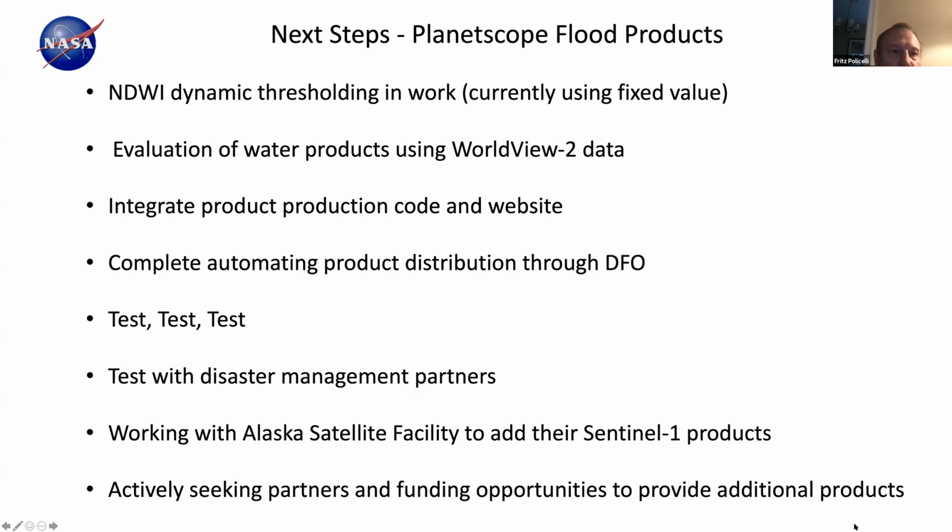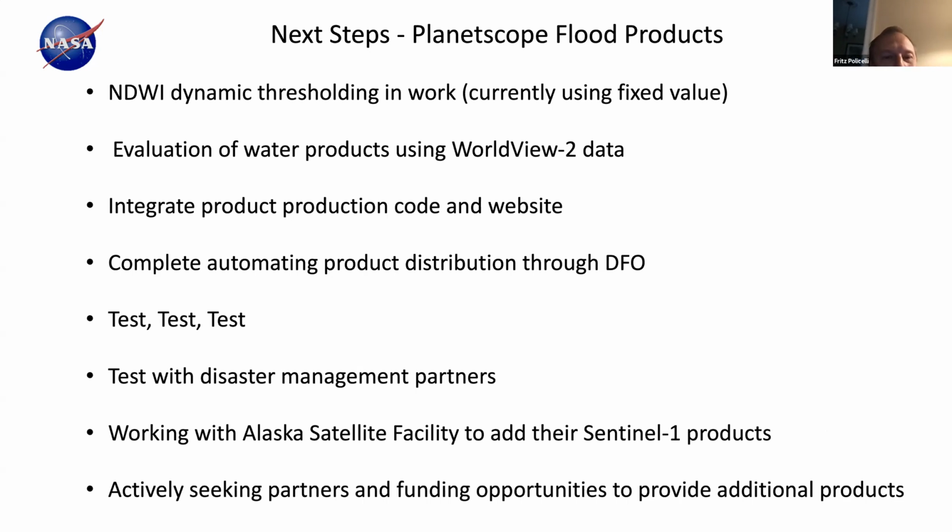What threshold of NDWI is water, and what is not? Currently we're using a fixed value that we found in the literature for NDWI, but we're working on a dynamic solution, pretty far along, and hope to incorporate that before too long. It looks at the histogram of the NDWI and chooses a